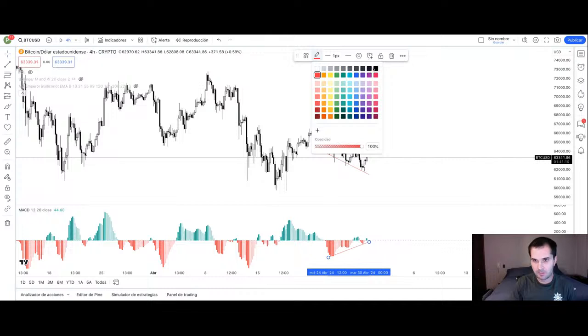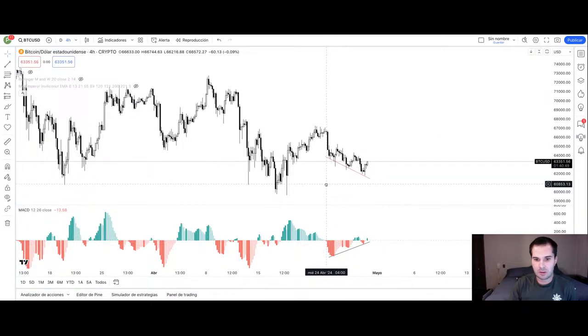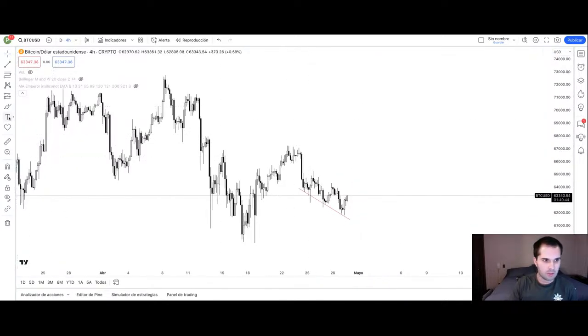So you can see here, we're losing negative momentum on the histogram of the MACD on the 4-hour, and we were making lower lows on the price in Bitcoin. So that's something that you want to see right now, especially because we were waiting for a higher low on the 4-hour time frame, because we basically did a lower low here, then we did a higher low here,